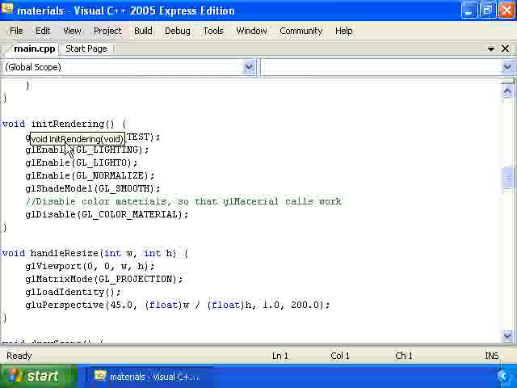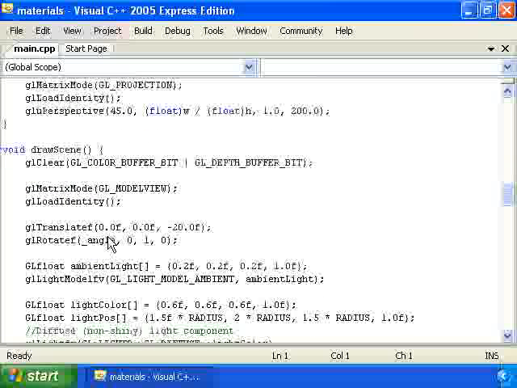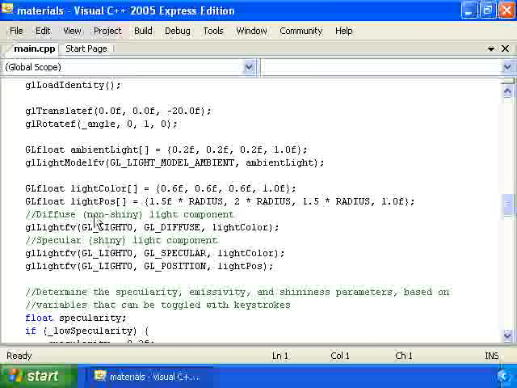Then in init rendering, you'll notice that we're actually disabling GL color material rather than enabling it, because calls to GL material FV and GL material F that we'll see later require color materials to be disabled in order for them to work. Then we have over here where we set up the lighting,